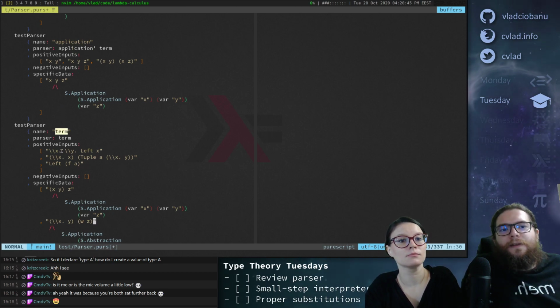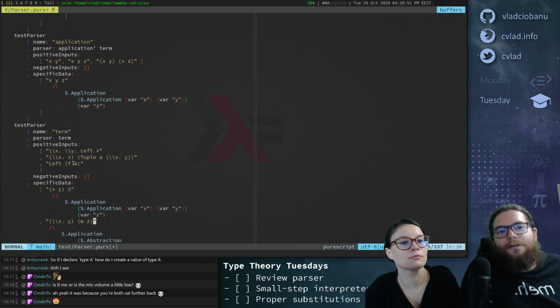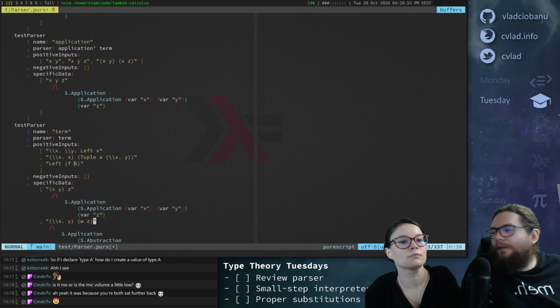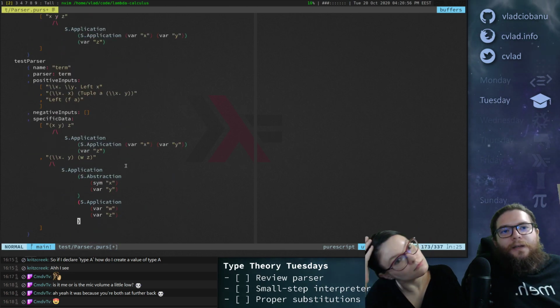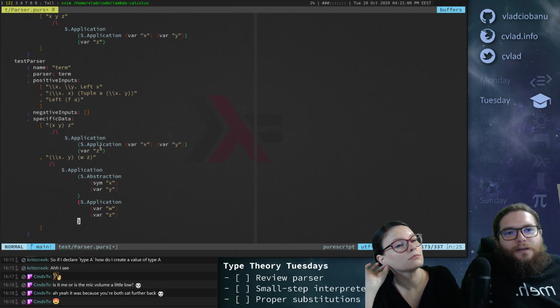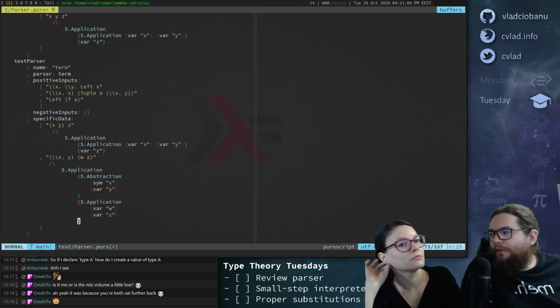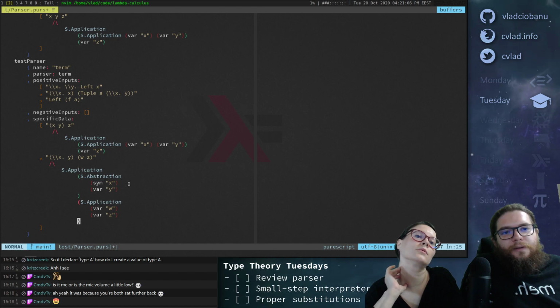Okay, so these are all specific, just this part of the term, and this is the whole term where we have examples that are a bit more complicated. For example, you've got a lambda in the left here, or a tuple here, or left and application and parentheses and so on. We have a few examples here. Not a lot, but I'm fairly confident that it works reasonably. If we find bugs, then we'll add more tests to make sure it works fine.